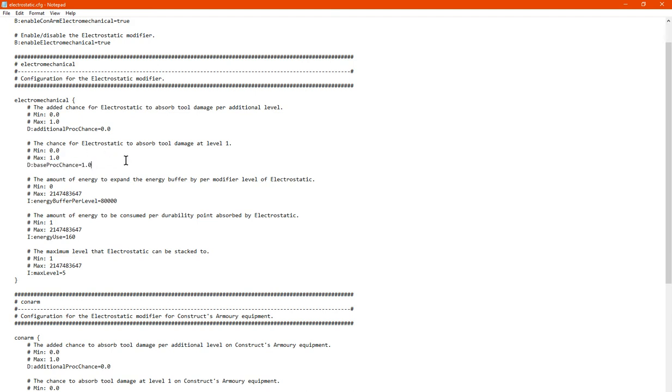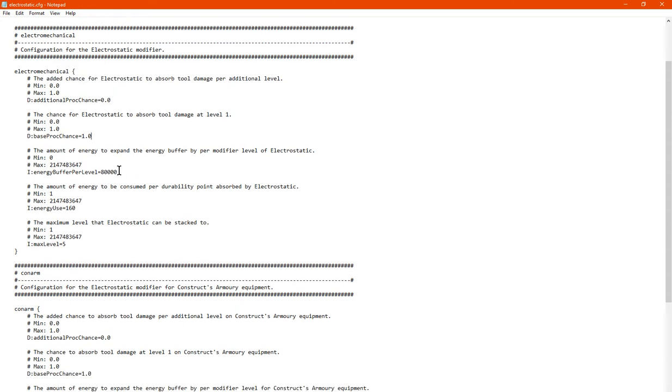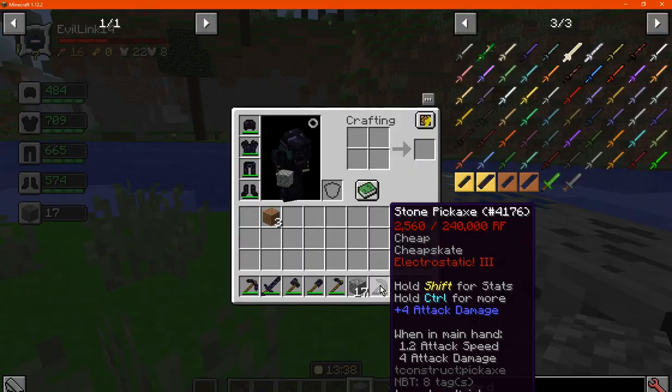Otherwise there's the base protection, the base compared to the additional chance added. There's the amount of energy to expand the energy buffer. So if you don't want the base one to be 80,000, then you can change that to any higher or lower number that you want. There's the amount of energy that can be consumed per durability point, which is 160. I'm assuming that is for everything, not just those that are incorrect